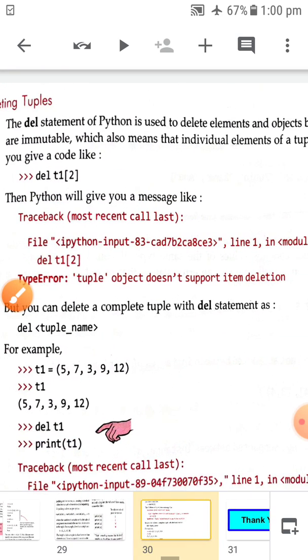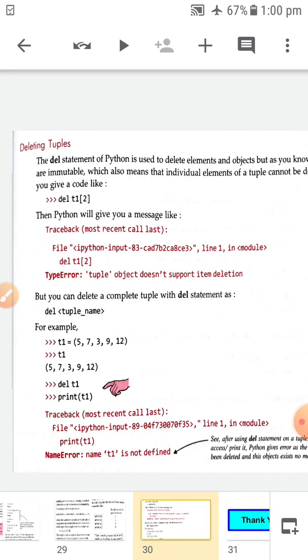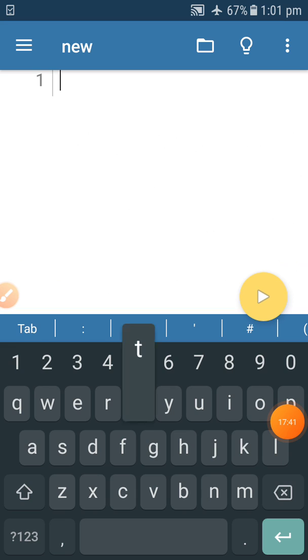Okay, now let's move to the practical work. Let's see how we can create the tuple, how we can use that tuple, everything. Let's do one program in that. Okay, let's make one tuple T1.